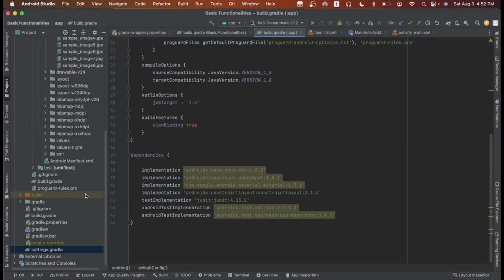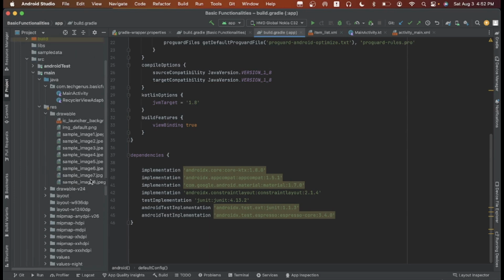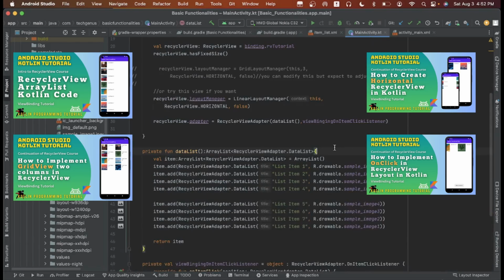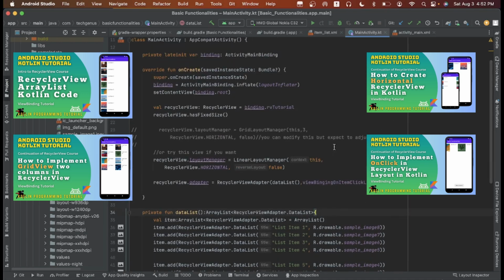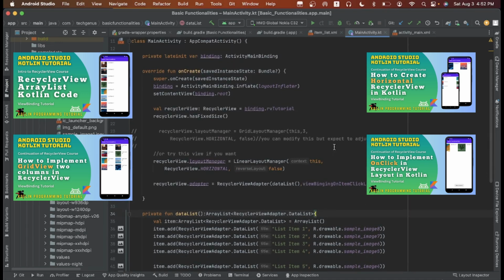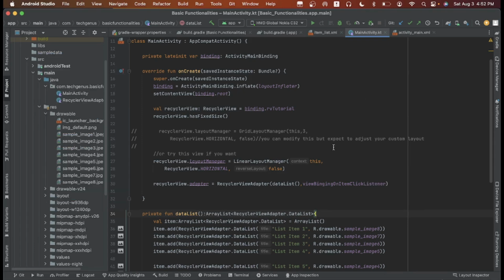If you're familiar with my previous tutorial, this is the create horizontal RecyclerView project. I will reuse this project code. If you want to watch it again, you can search my YouTube channel for the previous tutorial. So let's start.